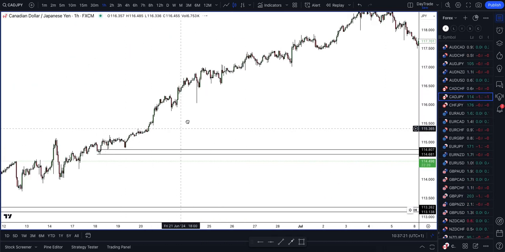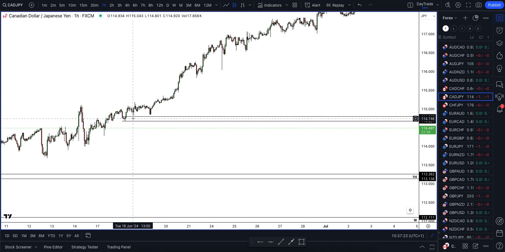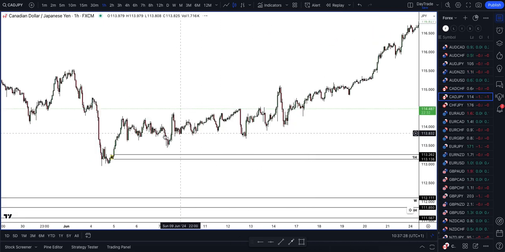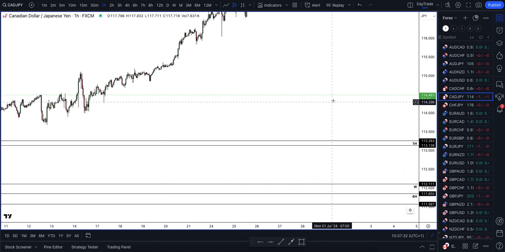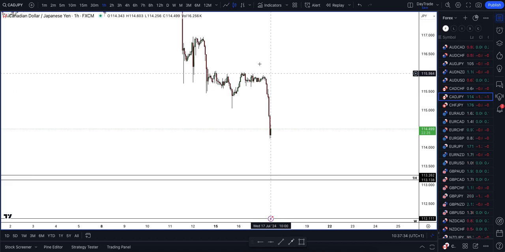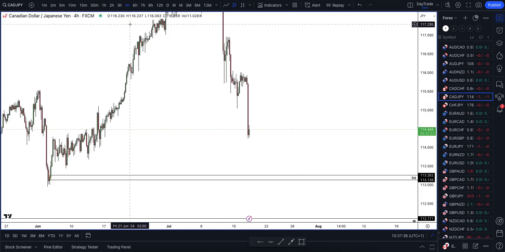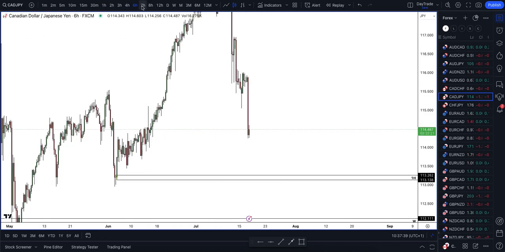CAD yen as well. Smashed through this, but we didn't put this on because it's already been retested. So we can just remove this off the chart now. Next zone down below is this hourly zone, 113.26. So that's definitely one we're going to look at. We have now, though, got further up,